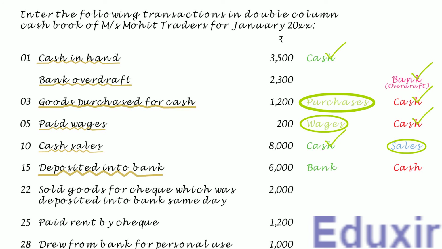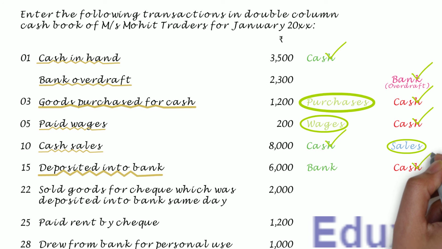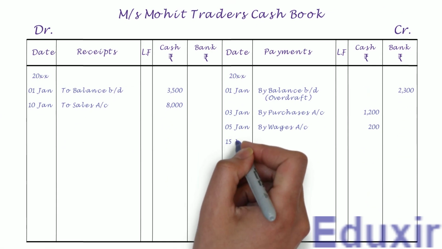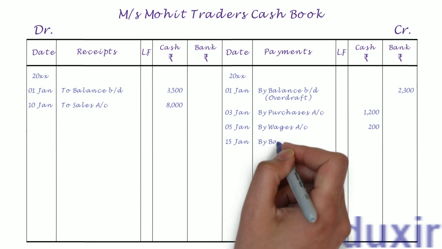In this transaction, as you can see, the cash is on the credit side. So it needs to be posted on the credit or payment side of the cash book in the cash column. Note that the particulars that need to be posted into the payments column of the cash book is bank account. With this analysis at our disposal, let's proceed with the posting to the credit or payment side of the cash book. Let's first record the date. Let's then record the bank account into the payments column.